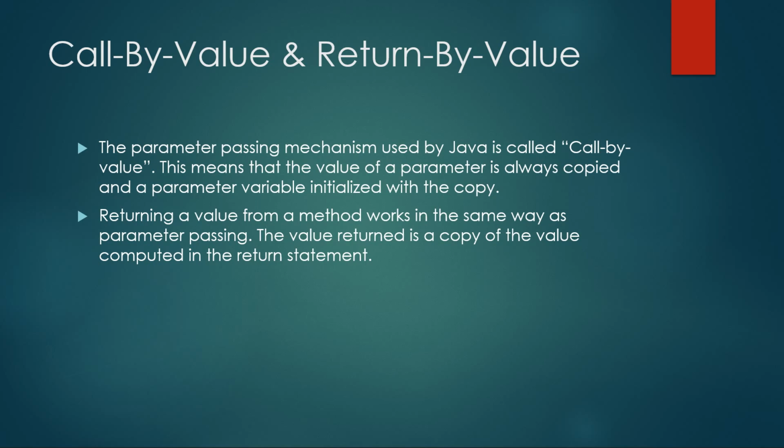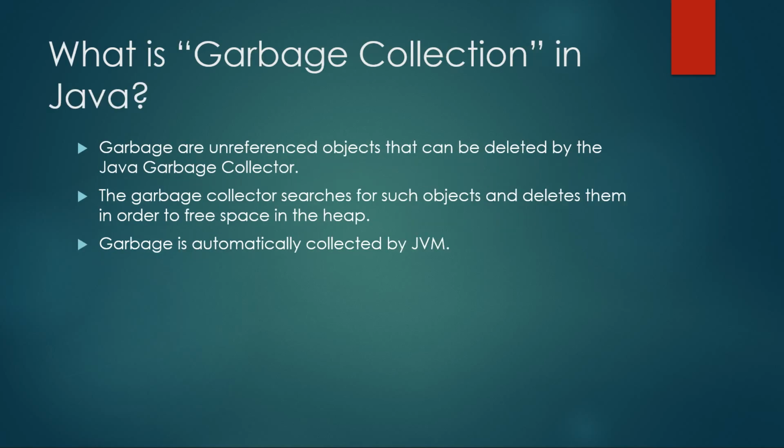So what you have to understand here is objects are not passed as parameters, only the references to objects. The reference is copied. And it is the same thing when returning an object from a method. You are simply passing the reference to the object. That's what happens. Let's move on to the next slide.